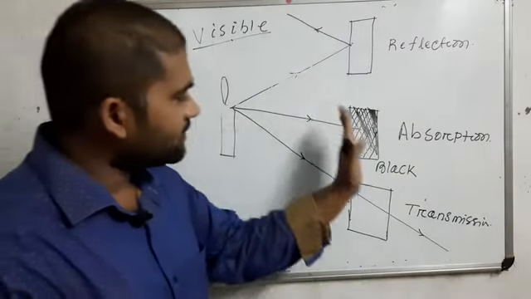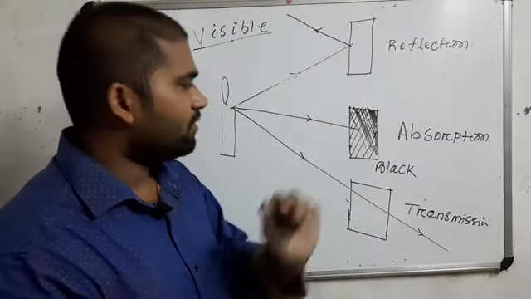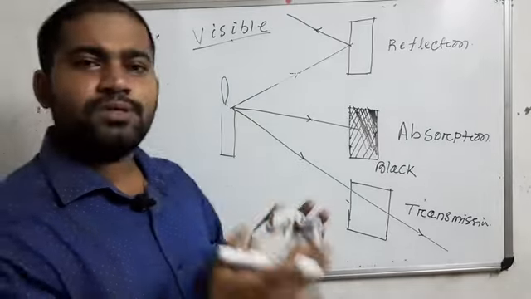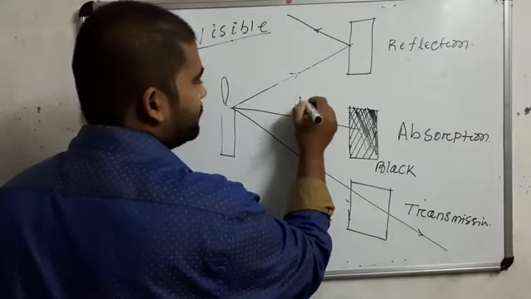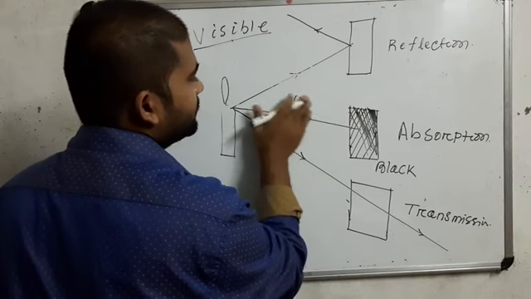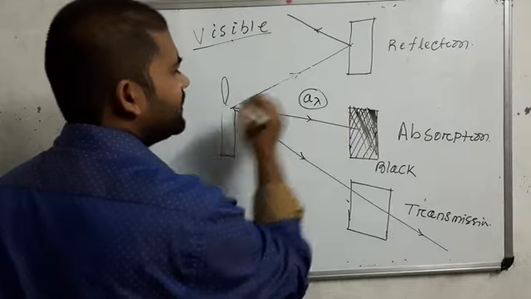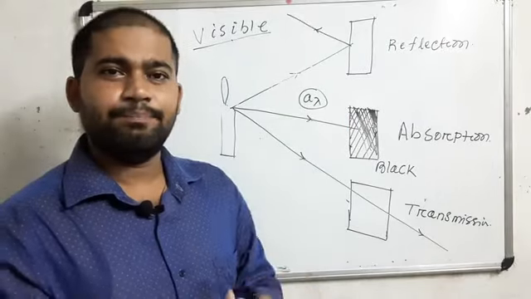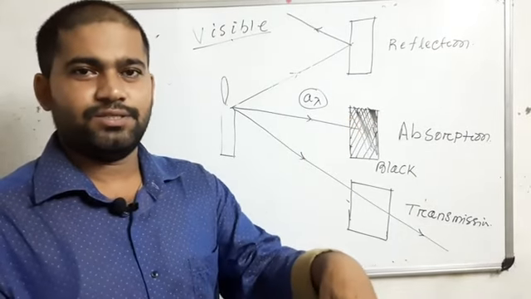But in case of absorption, it absorbs all the radiations incident on it. And the absorption of radiation is measured by an absorption coefficient, that is A lambda, and this absorption coefficient measures the amount of energy incident to the amount